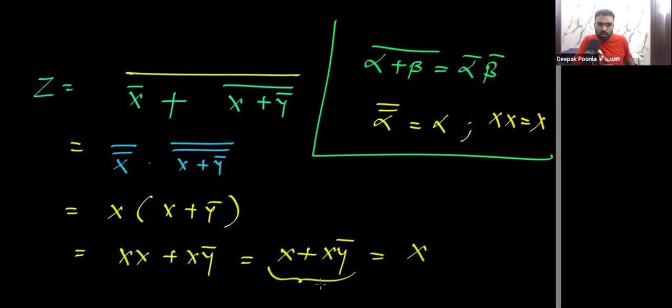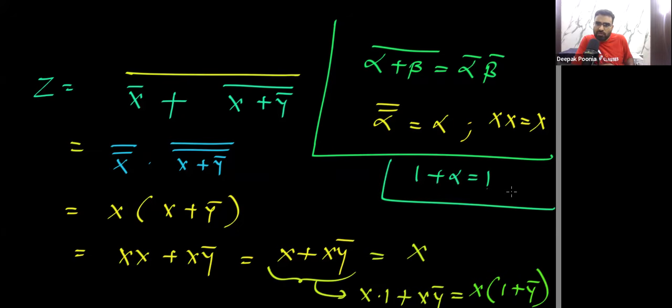Or you can think like this: you can think that this is X dot 1 OR XY bar. Now here you can take this X out. If you take this X out, then you will get X multiplied by (1 OR Y bar). What is 1 OR Y bar? That is equal to 1. We already know this: 1 OR alpha is equal to 1. So finally you can see X and 1. What is alpha and 1? That is equal to alpha. So all these small points we already know. So here finally our output will be X. Okay, is this clear?